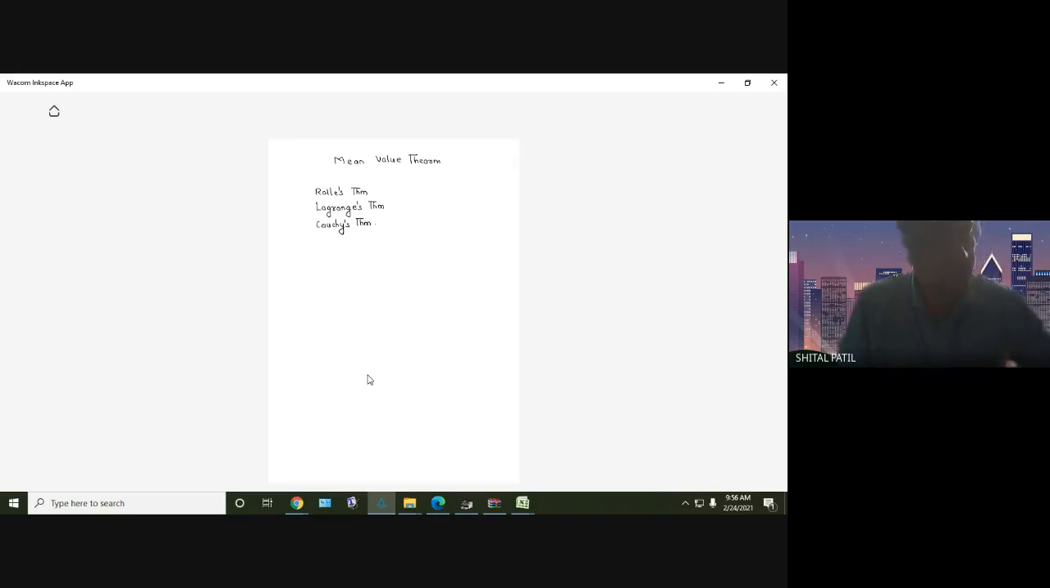Okay, we'll start with the first one, Rolle's theorem. Rolle's mean value theorem. Statement. If a function f of x is continuous in